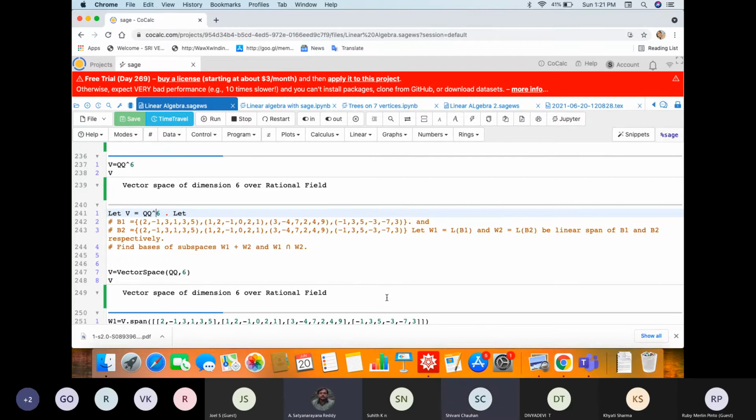So W1 I will give as V dot span of B1, right? Yes. Similarly, I'll give W2 equal to V dot span of B2, right. And then I want to find their plus and intersection.